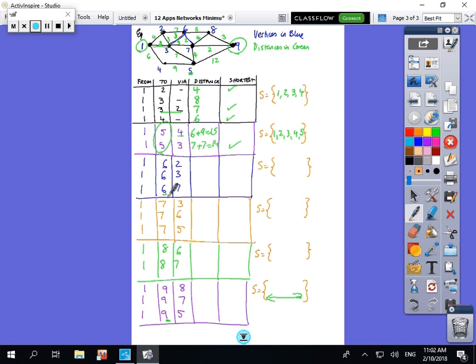The next vertex is number 6. So to get to 6 we can go via 2, we can go via 3, or we could go via 7. So we go down to here and then back up. So it doesn't matter how we get to 6. To get to 6 via 2, to get to 2 we had 4 up there, and then it's going to be 4 plus 7 equals